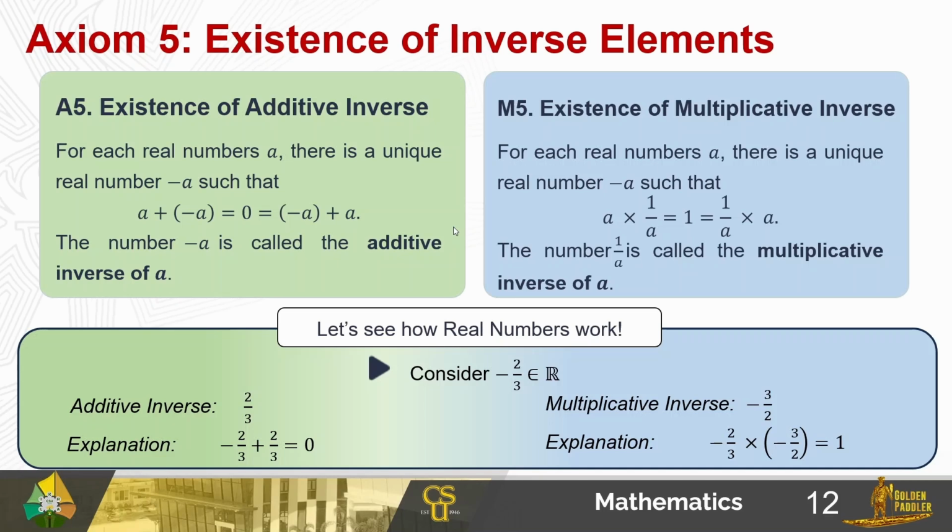So to summarize, the existence of inverse element states that the additive inverse of a real number is its opposite sign, as you have noticed, while the multiplicative inverse is its reciprocal, but they should have the same sign. So for example, if you have negative, then the inverse should be negative also, but you take the reciprocal. Okay? But for the additive inverse, it's the same number, but you take the opposite sign. For negative, you take the positive. If it's positive, you take the negative.